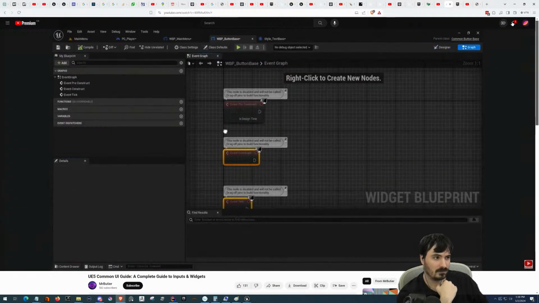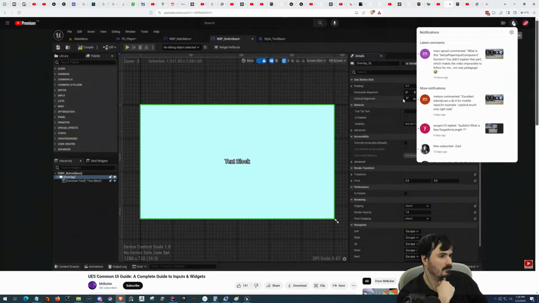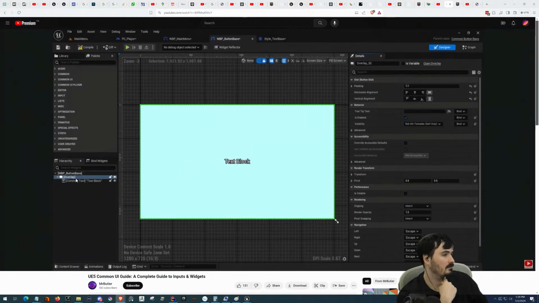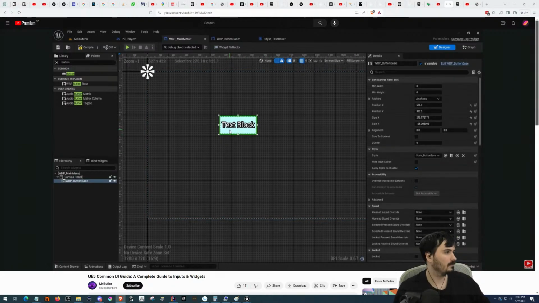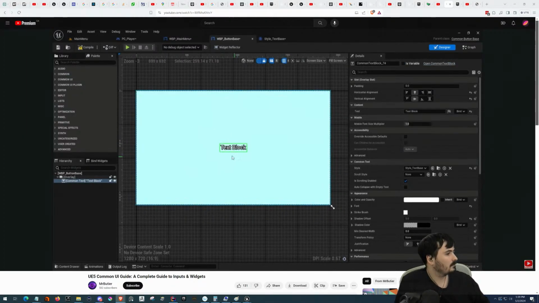From here, when setting a button, typically they have a text on the button so that you can read it. And what we need to do is make sure that when we create a button inside of our main menu, we need to be able to change the text. As of right now, we're not able to, it just says text block. So in our button base, what we're going to do is go to the event, or actually